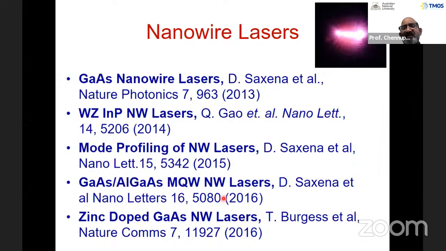Again, we have been working in this area for a long time and have demonstrated a wide variety of nanowire lasers. The first gallium arsenide nanowire lasers were demonstrated by student Dr. Drew Saxena, who is now at Imperial College. Dr. Chian Gao demonstrated indium phosphide nanowire lasers. And Dr. Tim Burgess, who is at IP Australia, demonstrated zinc-doped gallium arsenide nanowire lasers also. I'll not have time to go into all the details, and I'll give you one or